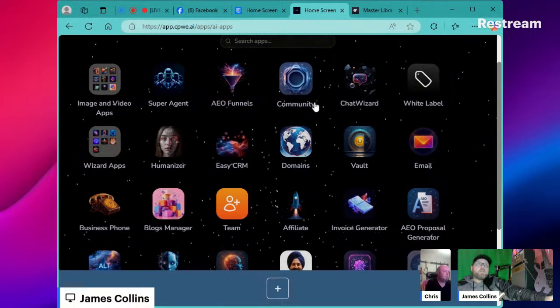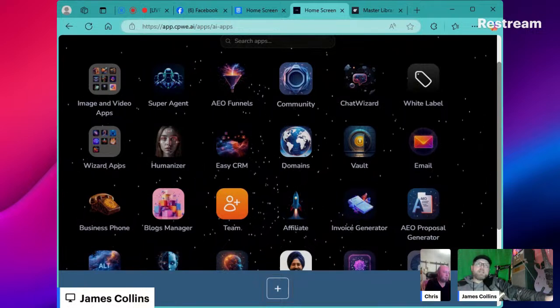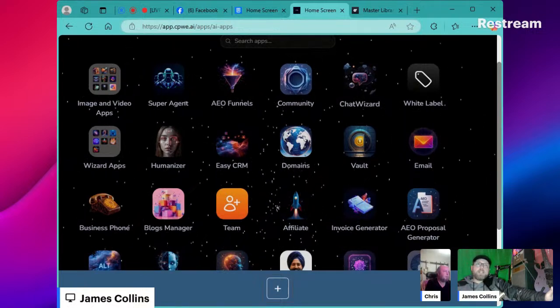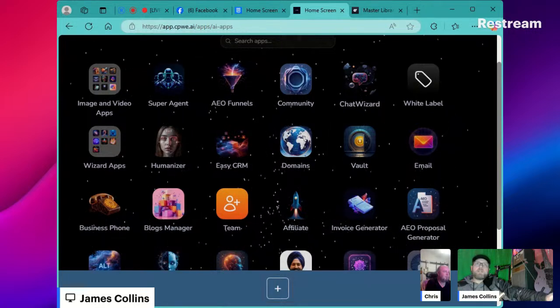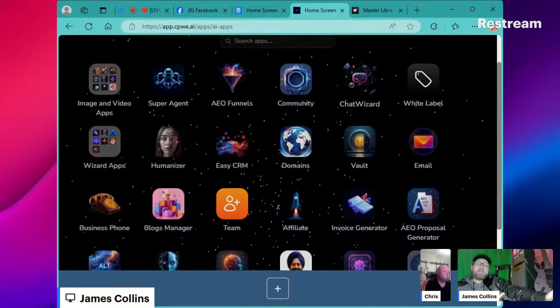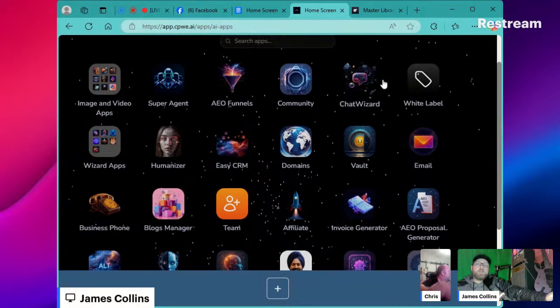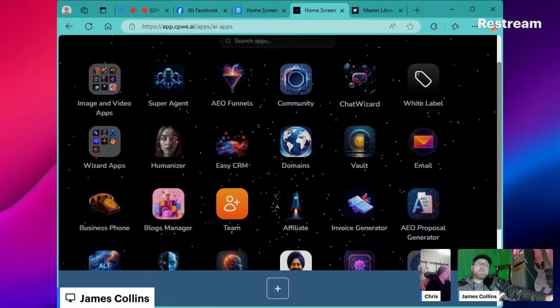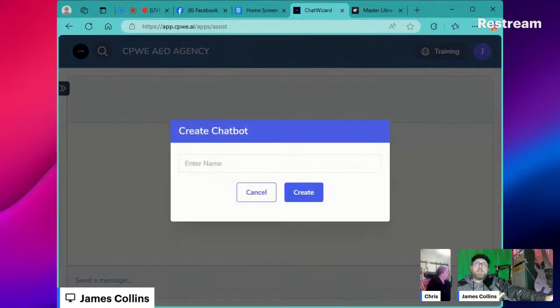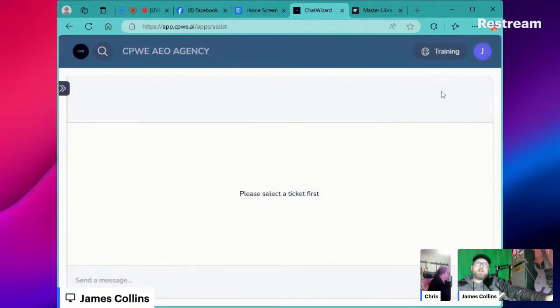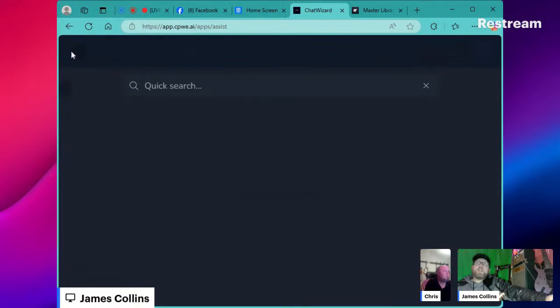Got a community here. Everybody's here in one spot. They can all chat here in one spot. Chat Wizard. This is to create chat bots. So you went out to BotPress or any of the other sites and have a subscription. This covers that. You have the stage, you build your chat bot, you send it over to your customer. It even gives you the ability to, after you create your bot, you can select up here, there'll be a little gear box that'll say share. And then you can share this chat bot with your customer. Quick way to do demonstrations of AI if you're a business.